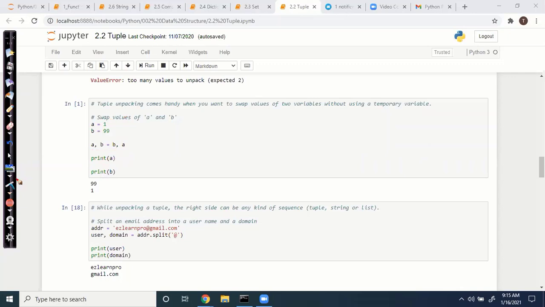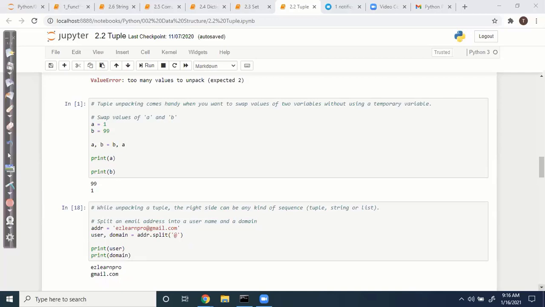So you can assign directly. Here we have a domain name, EasyLearn@Pro. We are doing a split, in the sense that it gets split based on a special character. We are splitting with the @ character, so two variables get created. We can assign them directly to username and domain. It gets printed like this.